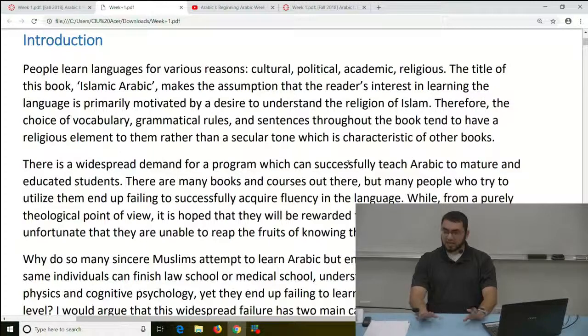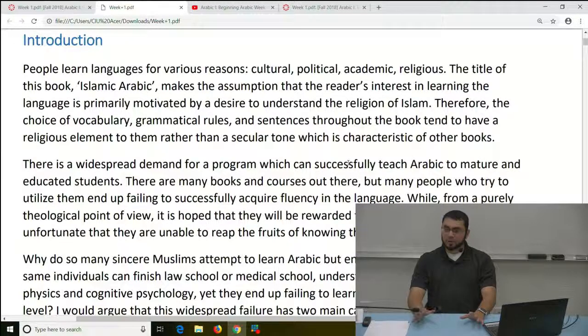If you go to almost any university in America, the first book that they teach is a book called Al-Kitab fi Ta'allum. Has anyone taken a class and went through that book or ever seen that book? Okay. Anyone who's ever taken an Arabic class in university, that's the book that they teach. In week 1, the first day of class, one of the words they introduce is Al-Umam Al-Muttahida, which means the United Nations, right?